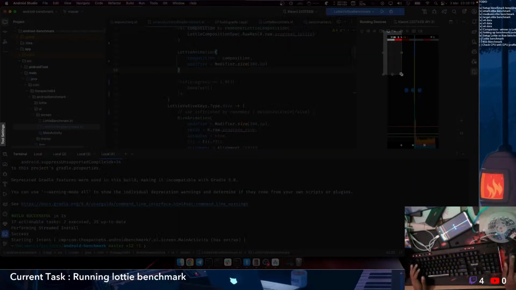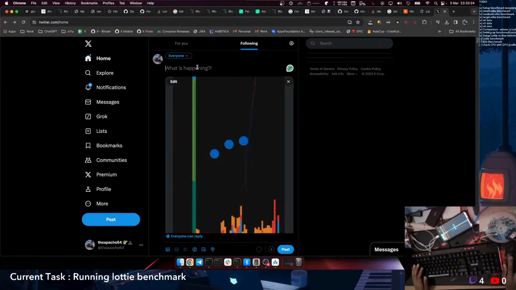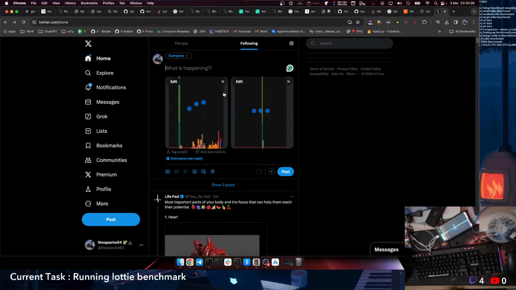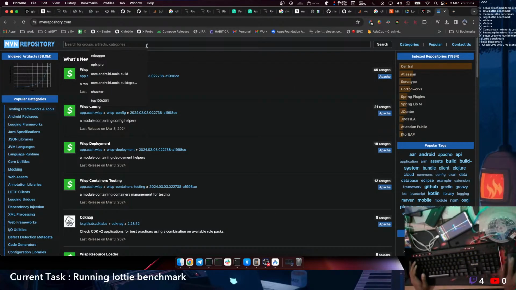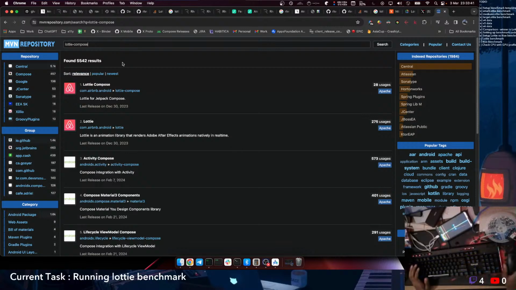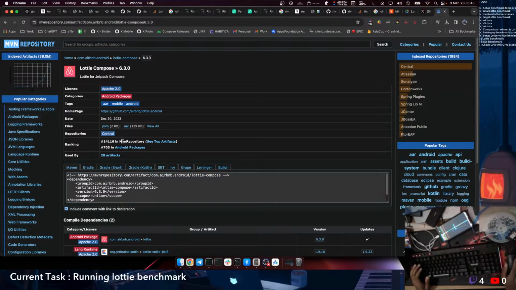This is so impressive. This is impressive. I also would like to look at the footprint of these two libraries. Let's look at Lottie Compose. Okay. Lottie Compose comes with a size of 129 KB,